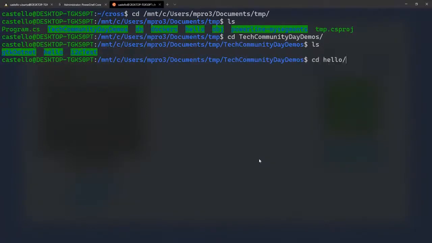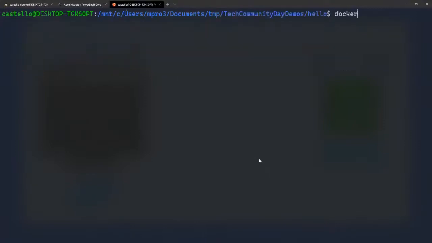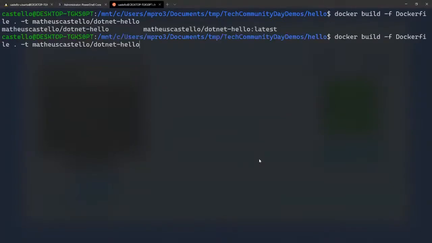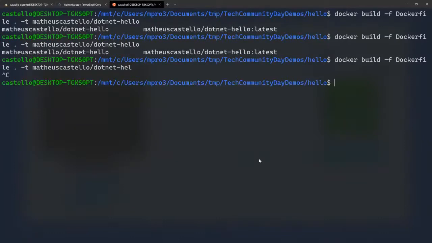So let's run Docker build using our Dockerfile, and I will tag this with my Docker Hub user here, .NET hello. Okay. So this will build our